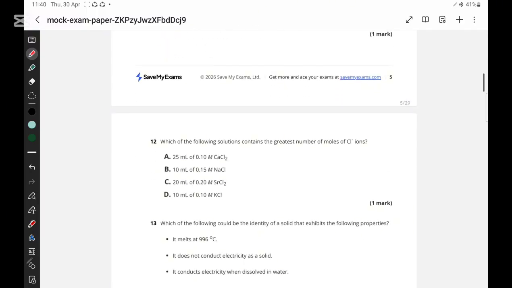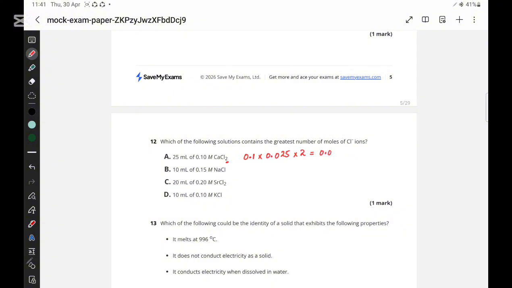Next question, question number 12. They are asking which of the following solutions contains the greatest number of moles of chloride ion. So first we need to find the moles, and then we have to multiply with the number of ions. Moles is going to be concentration, which is 0.1, times the volume, which is 25 divided by 1000. We have to convert it to liters, so that comes out to be 0.025. And as there are two chloride ions, I'm going to multiply it by 2,